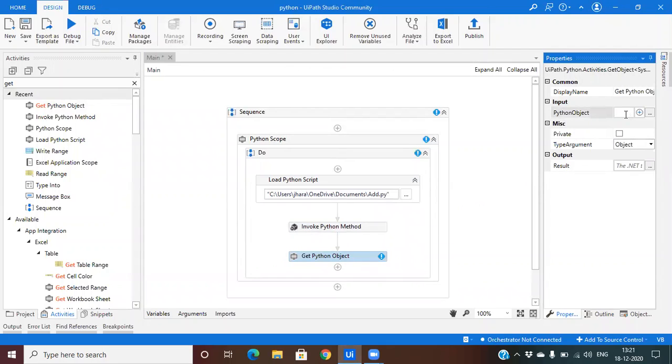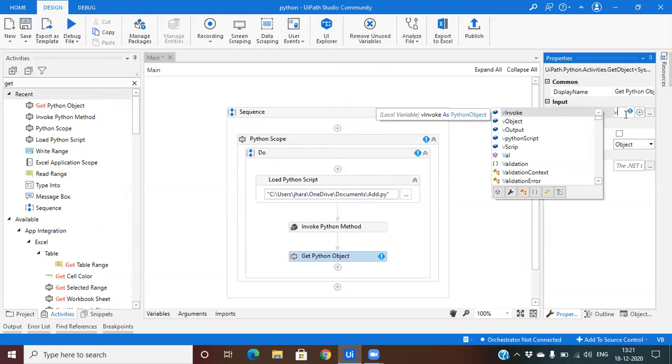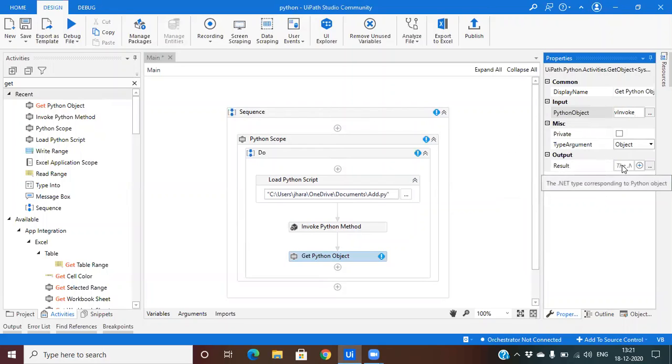Here you just have to click invoke, and in result you have to take output,